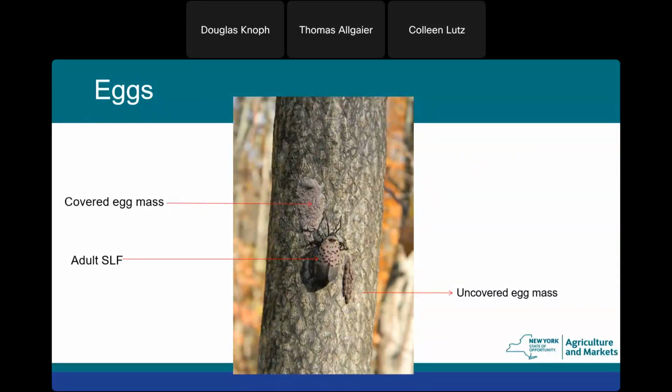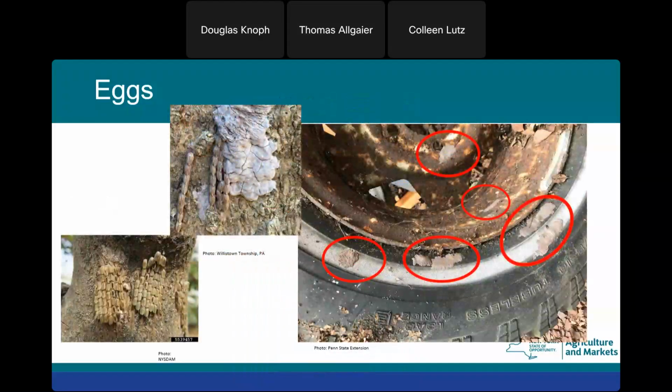Probably about 70% of them are covered, and 30% aren't. The majority of the egg masses, when they lay an egg mass, they're attracted to lay other egg masses in that same area. So pretty frequently you'll find not just an egg mass, but multiple egg masses. So next page. I mentioned that they were attracted to rusty metal, so when this car rim and tire were flipped over, on the underside, on the rusty area, and even onto the rubber on the tire, there are multiple egg masses, and I think there's a couple more in there that aren't even highlighted.